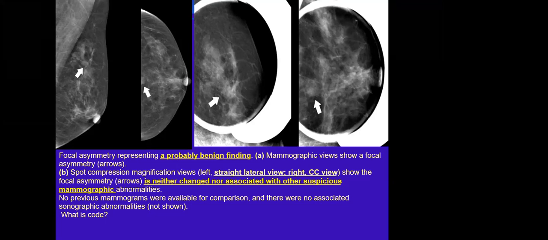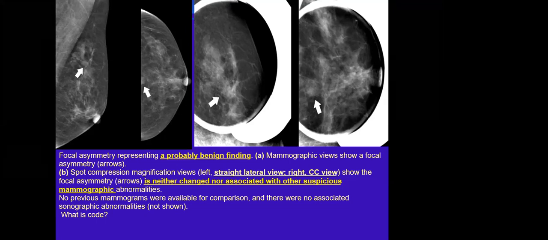What is the BI-RADS? Two? Sorry, why two? Sorry, one, I mean one. Why one? If it spreads away, if you have just a summation artifact. But still you have a focal asymmetry. Still you have a focal asymmetry. Ultrasound doesn't show abnormality,